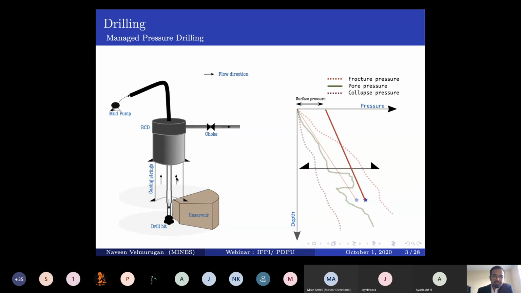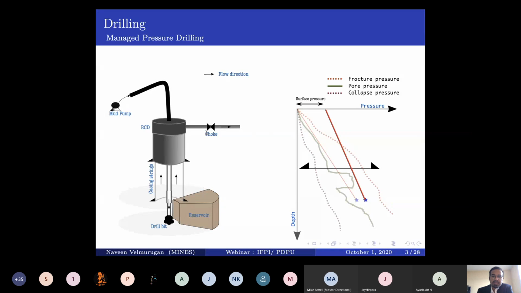What it does is it channels the flow from the annulus through a particular restriction. Here we have a choke valve. So when you have that, you can open or close this particular choke to dynamically control the pressure throughout the wellbore. In addition, you can also have another pump at the choke side that's called the back pressure pump. So you can even pump more fluid on the annular side should you need more pressure control.